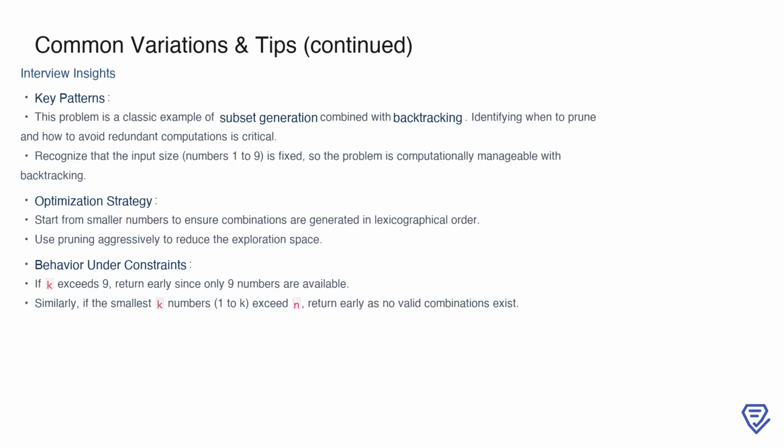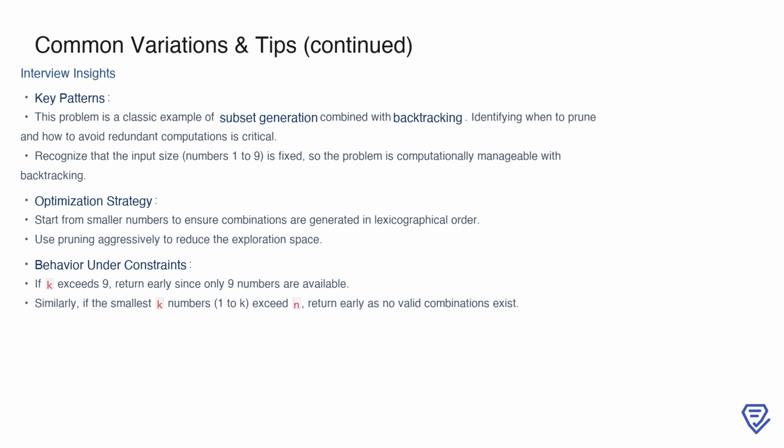This problem also comes with some important insights that are worth emphasizing, especially in an interview setting. It's a classic example of combining subset generation with backtracking. The key here is to recognize patterns, particularly when to prune and how to avoid redundant computations. Since the input size is fixed, limited to numbers 1 through 9, the problem is computationally manageable with an efficient backtracking approach. To further optimize, start with smaller numbers to generate combinations in lexicographical order, and use pruning aggressively to